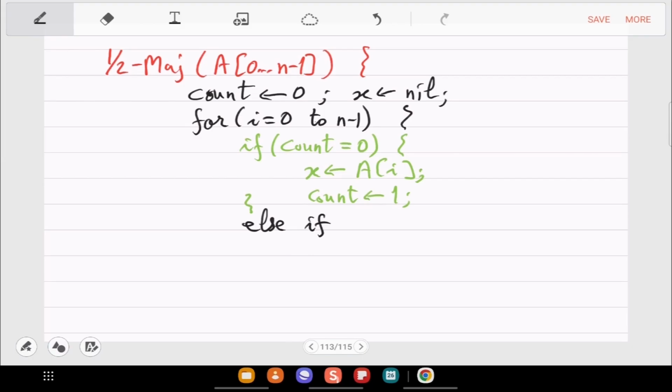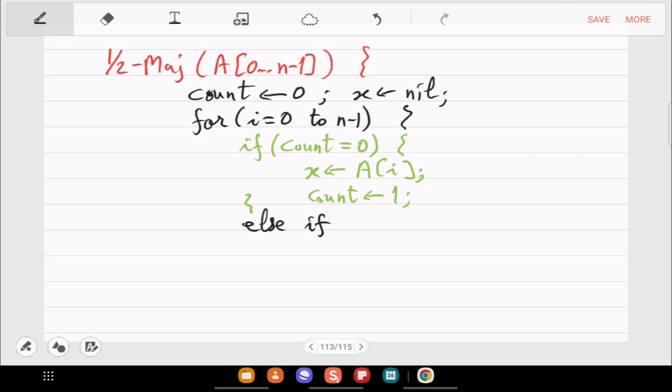In the else case, now you are in the case where count is already positive, so you have a guess of half majority x. Right? x is storing some data value. So at this point, you should check whether the new element in the stream that you are seeing is equal to your guess. Then you increment; your guess gets better validation.